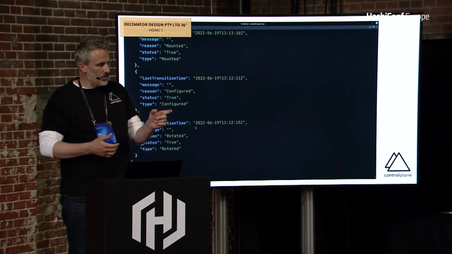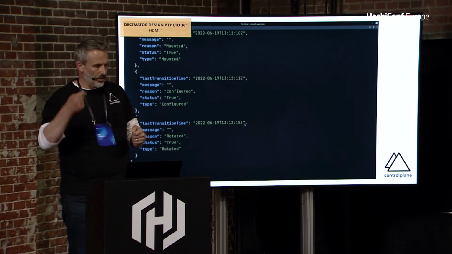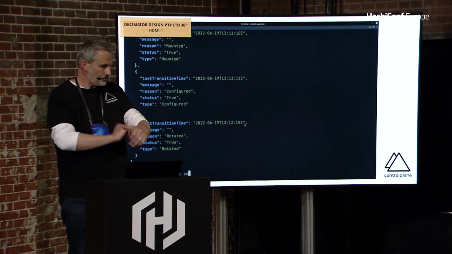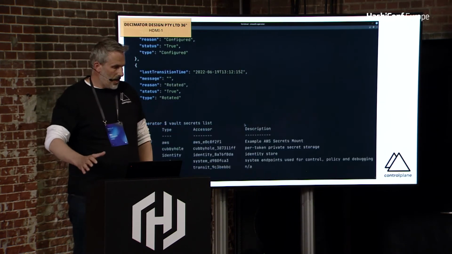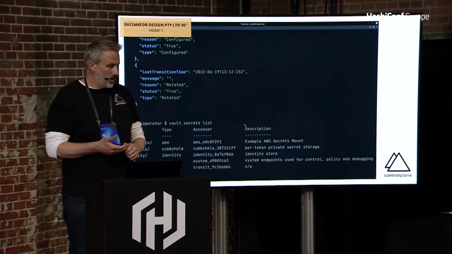And we can also track from that the time that those credentials were rotated. So periodically, we can rotate those credentials again. And then we'll have a look. So we can now see that the AWS Secrets Engine is mounted. So if we now go and create